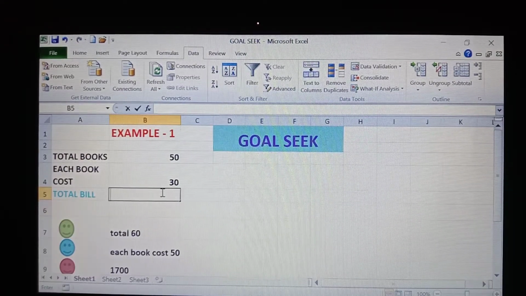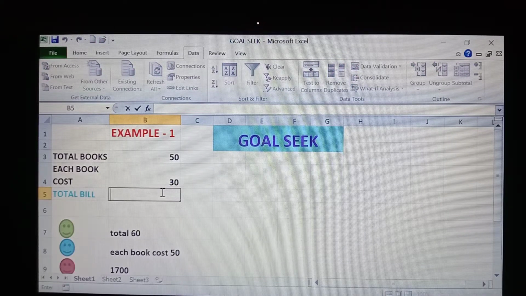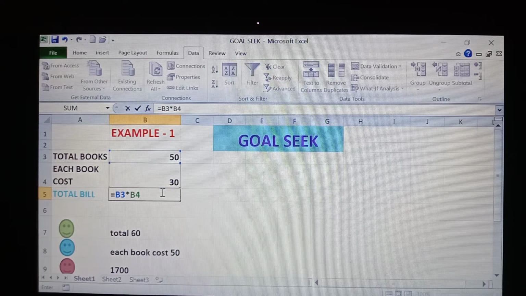If I want to calculate the total bill, it is very easy: 50 into 30. It is equal to B3 into B4, where total books is in B3 and each book cost is in B4, and press enter.